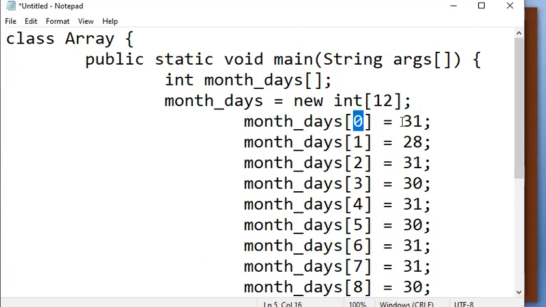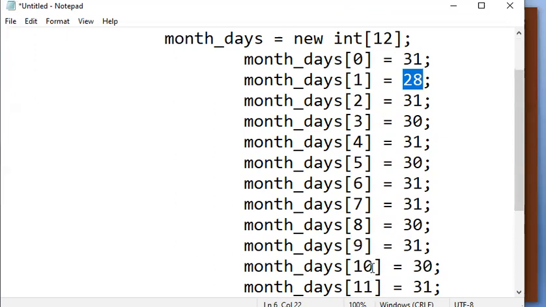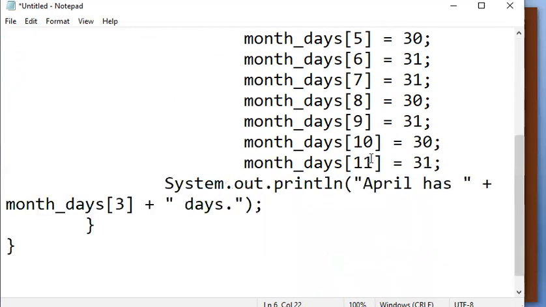Okay, then at 0, January contains 31 days, February 28 days, and so on. Each and every month and its associated days, how many days it has. So all the values we have listed here, from January through December.